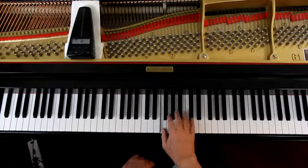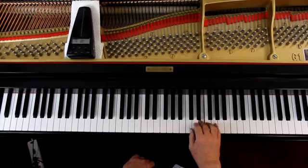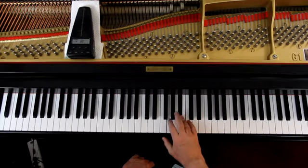Starting out in the right hand and fourth finger, because when you do an F major scale, that's what you're going to end on. If I do the scale up, I end with fourth finger, so we're going to start with fourth finger going down. The fourth finger on the B flat,